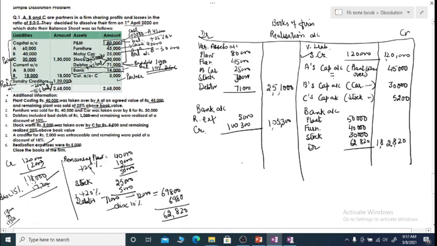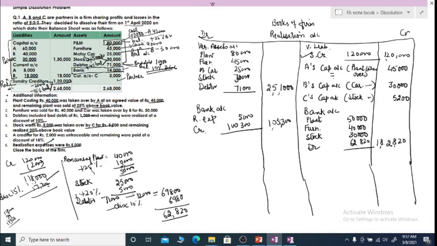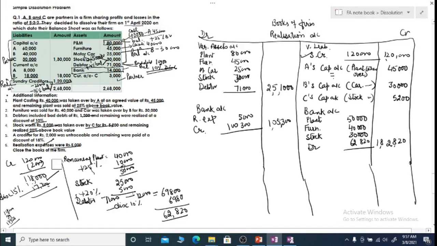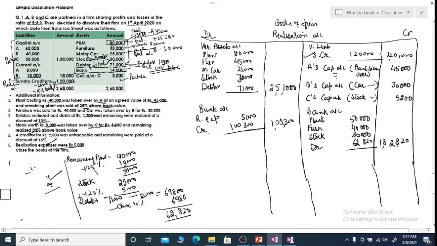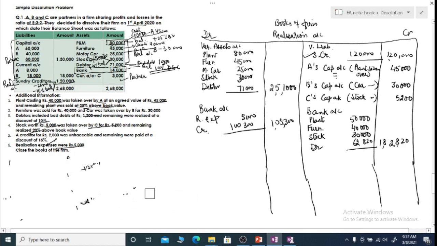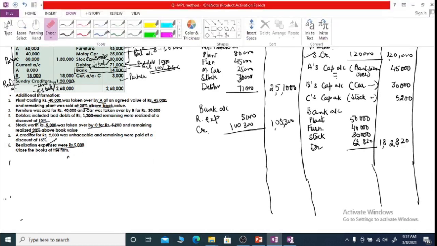Now at the end, when we are closing the account, we must ensure that all liabilities are paid, all assets are realized. So when we look at liability, there was only one liability, we paid it along with the expenses. When we look at all assets, we know that all have been realized. Now sometimes our question is silent regarding the payment or disposal of assets. Then please remember that for all the liabilities, liabilities will be paid in full. This is a general rule that we follow, that liabilities shall be paid in full if nothing is given. So if your question doesn't say anything, pay the liabilities in full.